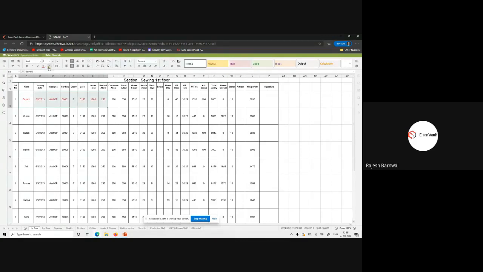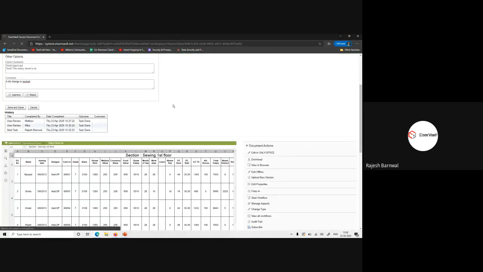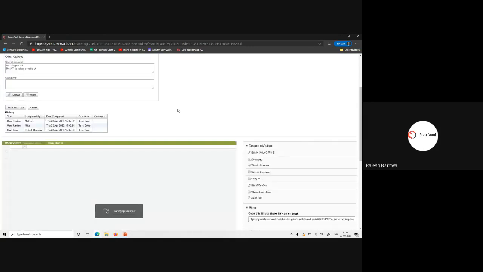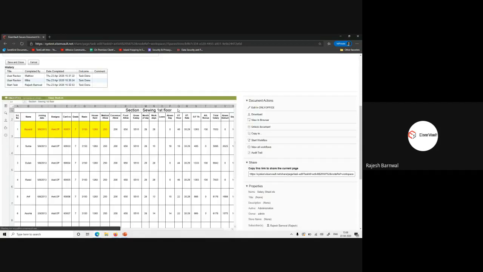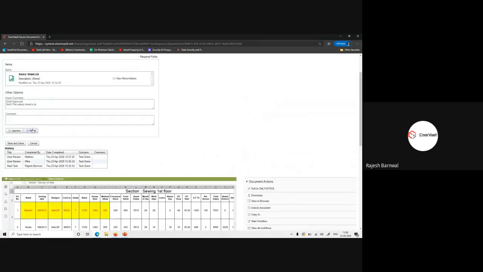I highlighted it. This is auto save, so it will be saved. Click on save. Let's reload this page. Now the cell is highlighted. I added a comment, and this time I reject this document.